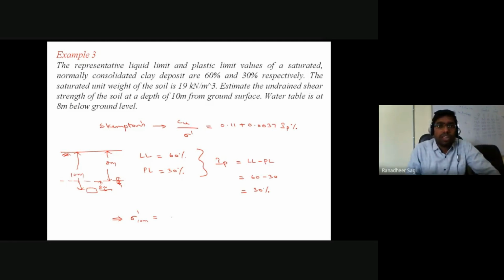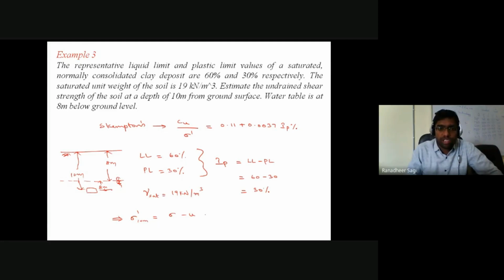So, what is the unit weight of the soil? It is 19 kilonewton per meter cube. Okay. So, the unit weight of the soil is saturated; whether the water table exists or not, the soil is simply considered to be a saturated soil sample. So unit weight is given as 19 kilonewton per meter cube. So my total stress minus pore water pressure, if I calculate, I'll get your effective stress.